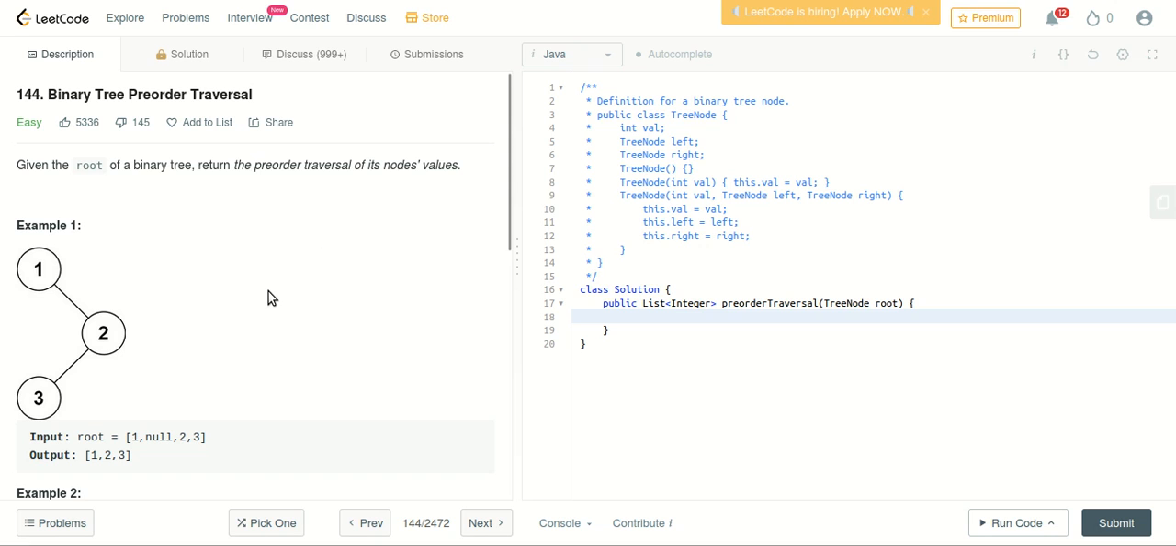Let us try to understand what pre-order traversal means. Pre-order traversal means first we would need to traverse the root, and then the left subtree, and then the right subtree. So in this case,